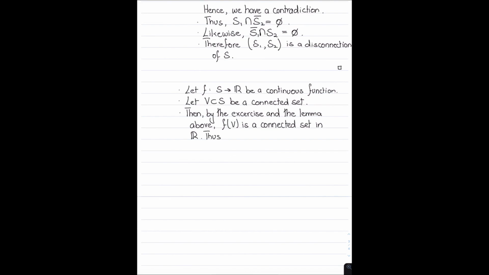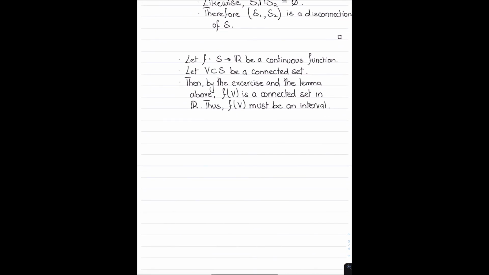Thus, f of V must be an interval. Moreover, f of a and f of b are elements of f of V. So both f of a and f of b lie in that interval f of V. Thus, as f of V is an interval,